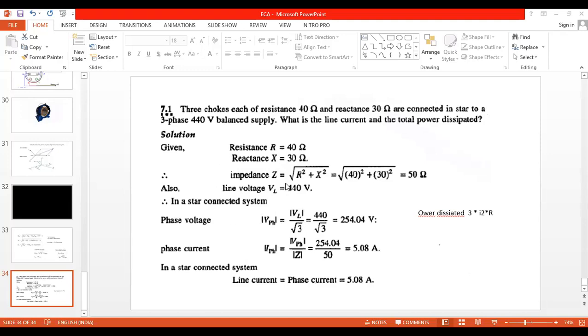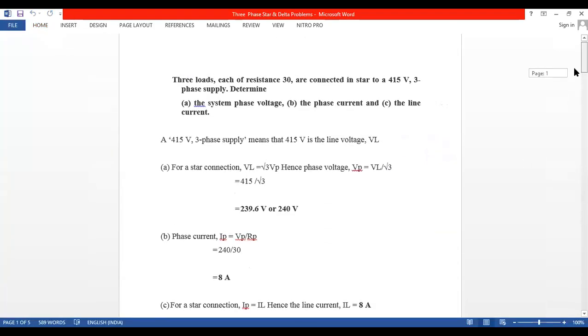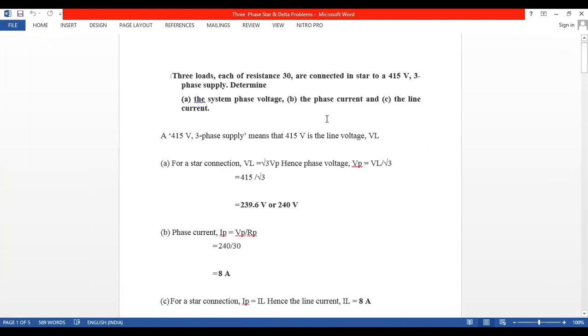Now I'll take you to the second problem. Is it fine, all of you? This problem, you can take the screenshot. Those are online. This PDF is the only document I'll be sharing. Right. So let us go to the problems on this three-phase star and delta. Next level problem we are going to take. Every year in the external examination, they ask the direct question on star and delta derivation. First, become perfect on this one.